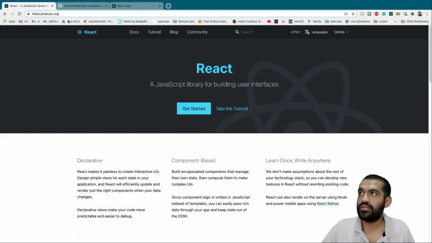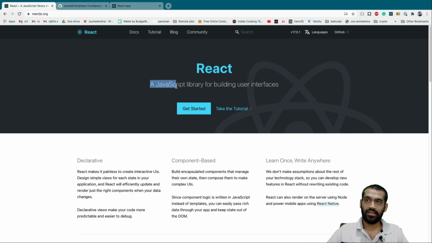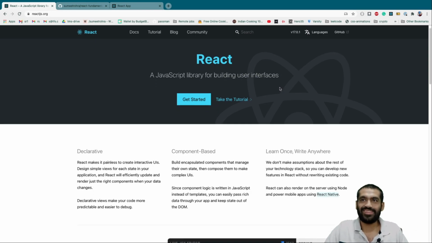What's React? If we go to the documentation here, we can read that React is a JavaScript library for building user interfaces, right? What do we mean by that? Simple. It's a JavaScript library for building user interfaces. But why React? We are here to understand that. So basically, there are two things. React is declarative and React is component based.